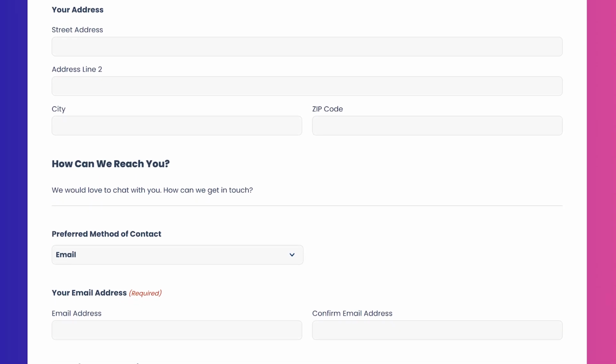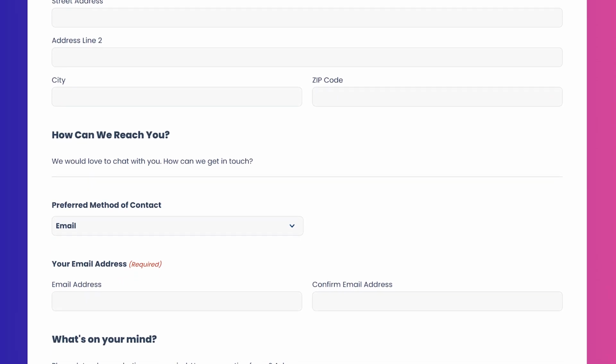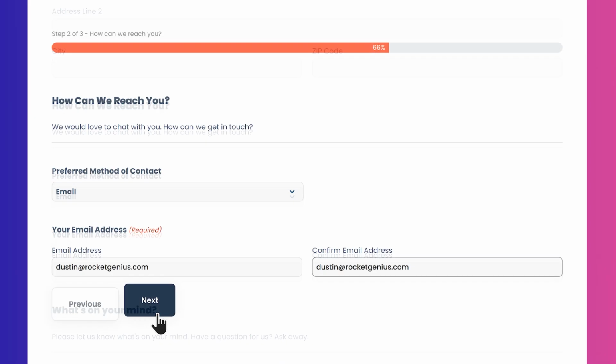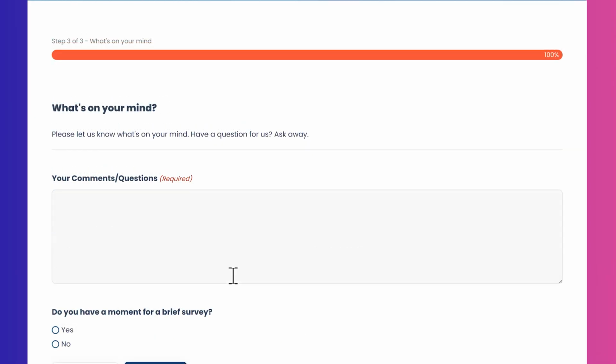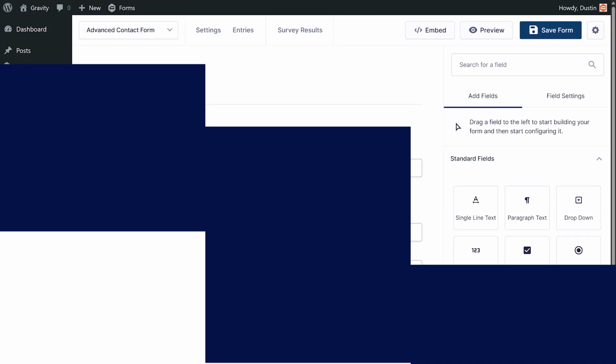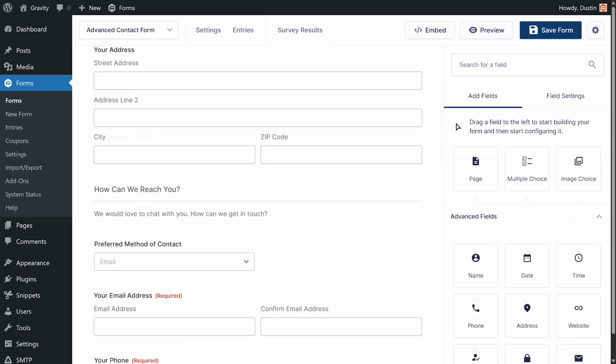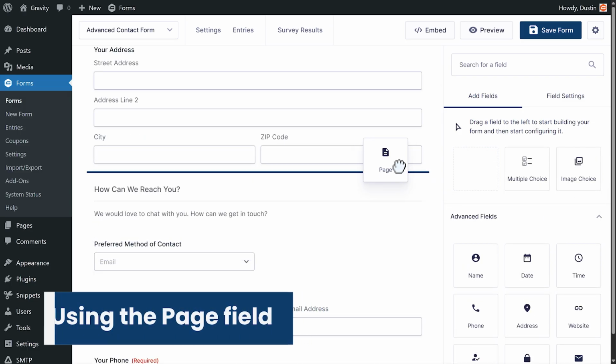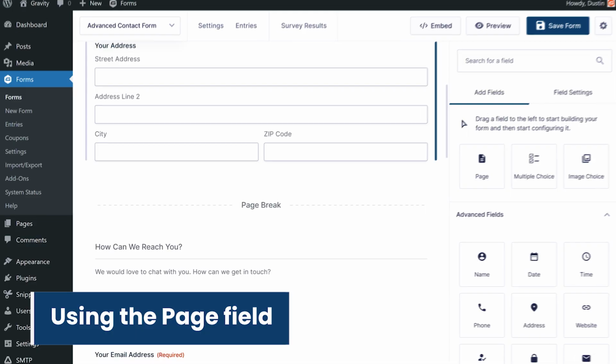Long forms can hurt your conversion rates, so you want to make them as stress-free and user-friendly as possible. Multi-page forms are a great way to achieve this goal. For instance, I have an advanced contact form with a lot of fields. I can drag and drop the page field onto my form to create page breaks and make this form less